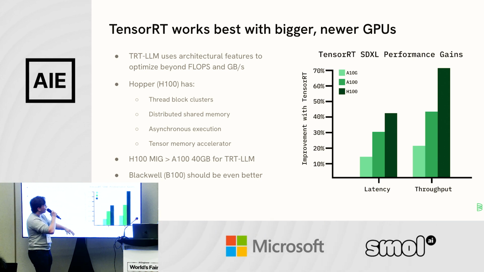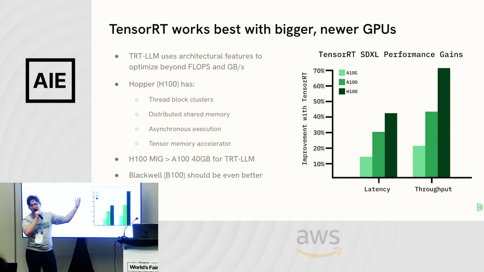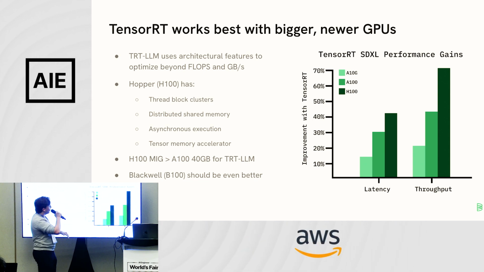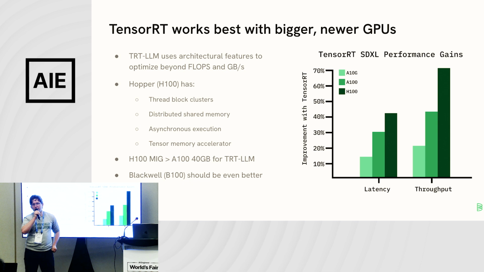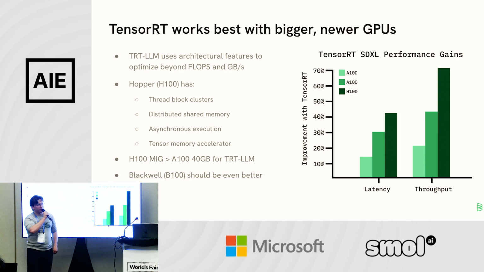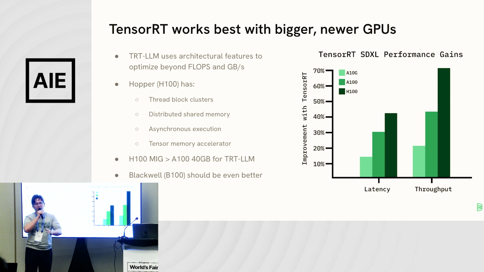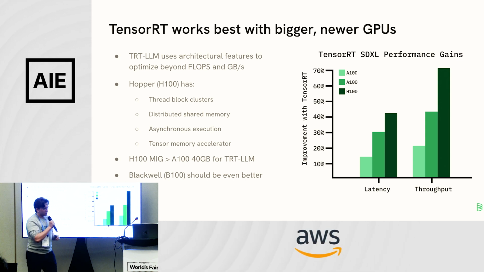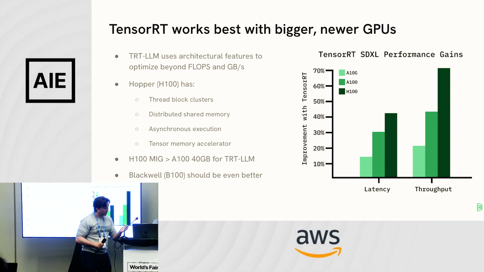Here we've got a graph showing SDXL. Now this is TensorRT, not TensorRT-LLM, but the underlying technology is the same. When you're working on an A10G, we were looking at maybe a 25 to 30% increase in throughput for SDXL. And with an H100, it's 70%. And that's not just because the H100 is bigger. It's 70% more on an H100 with TensorRT versus an H100 without. So, yeah, great. Please go ahead.